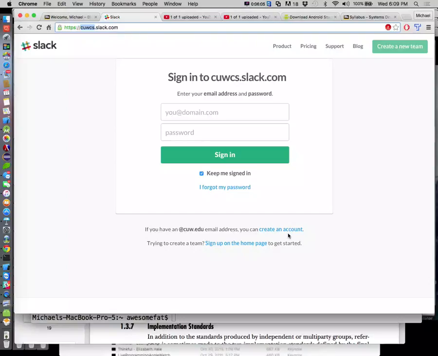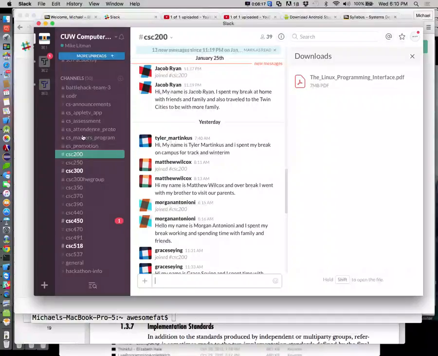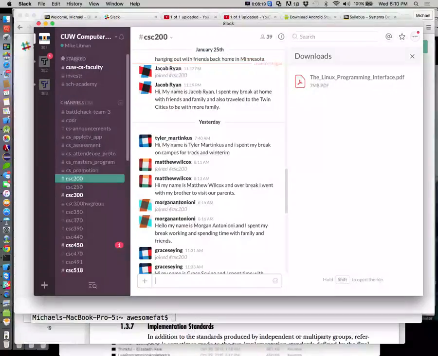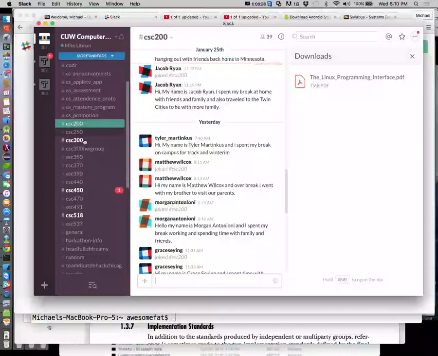From there, you can either use the website, you can download the Mac app, the Windows app, the iPhone app, or the Android app. It's on every single platform you can imagine. And this is effectively a chat tool. Once you join the Slack channel, here's our computer science Slack, you'll notice we have a whole bunch of classes in here, and one of those classes,